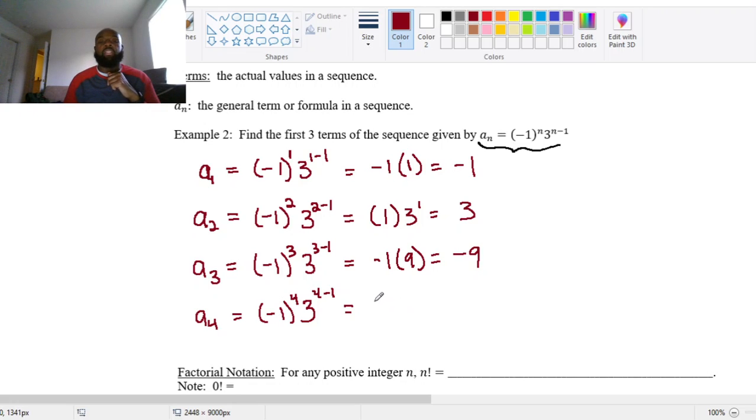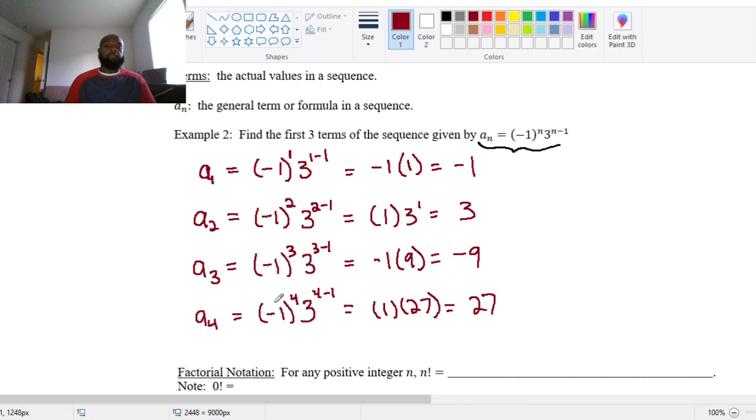Negative 1 to the fourth power is a positive 1, and I multiply that by 3 to the third power, which is 27, and I get a positive 27, right? So these are powers of 3, and basically I'm alternating them between positive and negative values. 3 to the 0, 3 to the first, 3 to the second, 3 to the third power, and it's